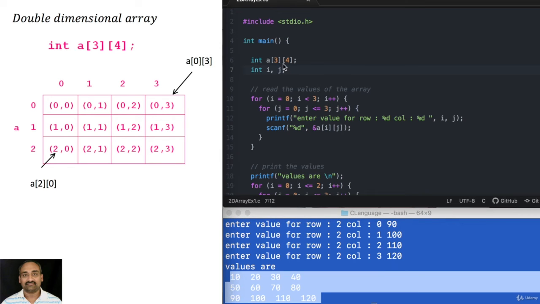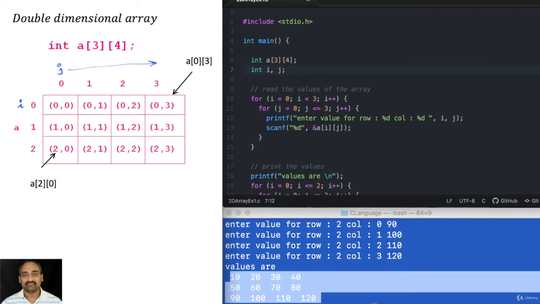And this is a simple example where we declared a 3x4 matrix and we used two loops to iterate through all the values of the array. Here i begins with 0. Let's assume i starts here, and then for this row j will go from 0 to 3. So 0 0 will be read, then 0 1 will be read, then 0 2 will be read, and so on.